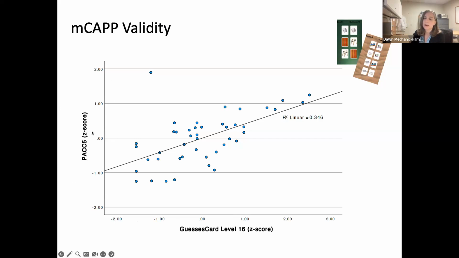It's a combination of the free and cued selective reminding tests, animal fluency, in this case, the MoCA, and symbol digit. That makes up the PAC. And so we looked at Z-scores for both the PAC and their ability to complete one of the harder levels of the memory task. And we see a pretty good correlation between those two as sort of a first proof